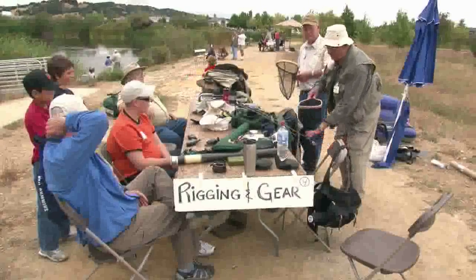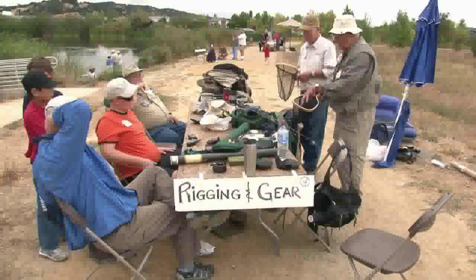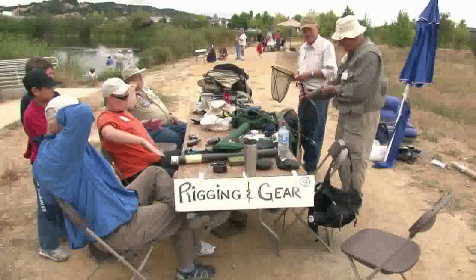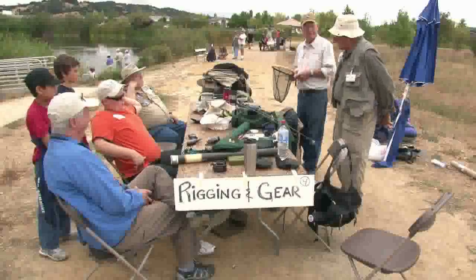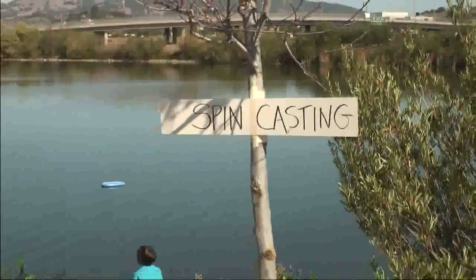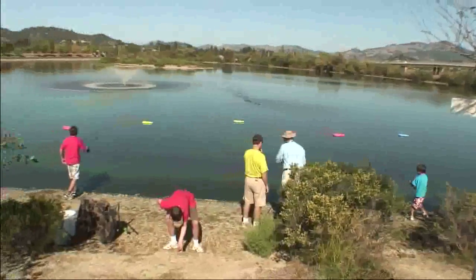From there they move to another station called gear and rigging. There they learn to put their rigs together for either casting a dry fly that's going to be on the surface, or for the basics of nymphing using flies that are going to be under the surface of the water. And then when we let go, I'm going to take my finger and I'm going to point my finger like this. Okay, one of the stations that we added last year is spin casting,